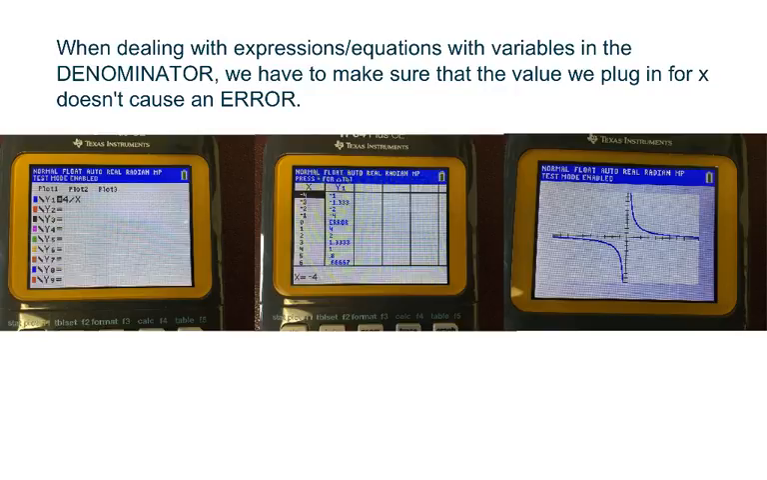So when dealing with expressions and equations with variables in the denominator, we have to make sure that the value we plug in for x doesn't cause an error. Now, if we're using the calculator, we can put in something like 4 divided by x into y equals. When we go to the table, notice that we have an error